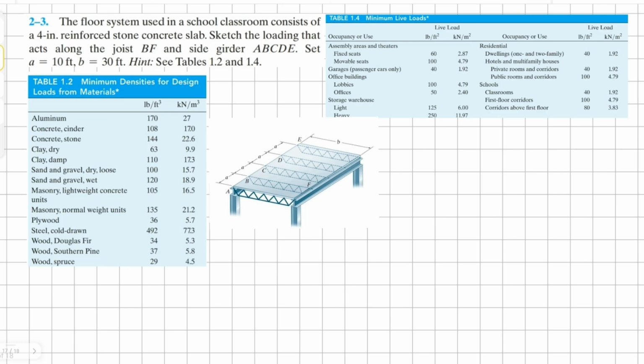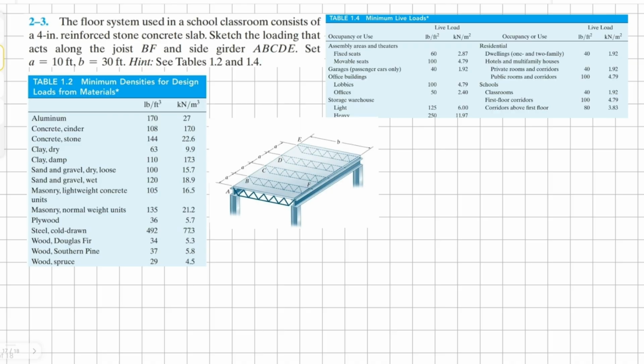The floor system used in a school classroom consists of a 4-inch reinforced stone concrete slab. Sketch the loading that acts along the joist BF and side girder ABCDE. To solve this problem, first of all, let's see if this is a one-way or a two-way system using our